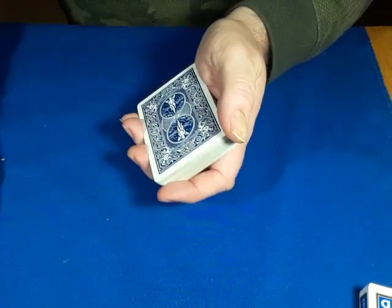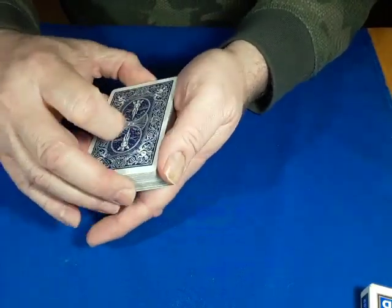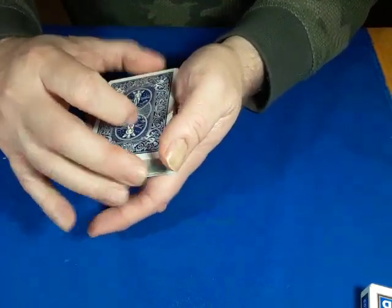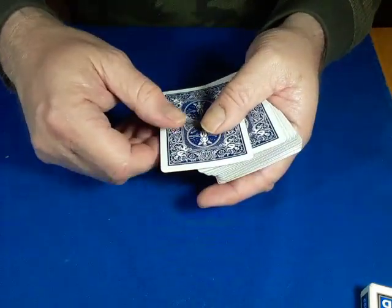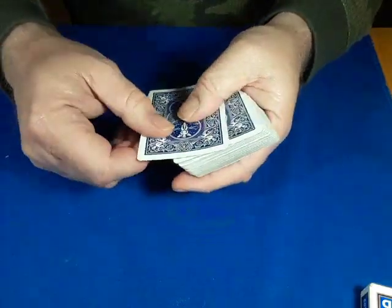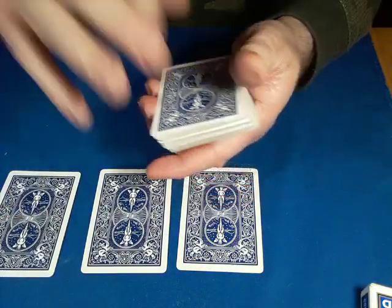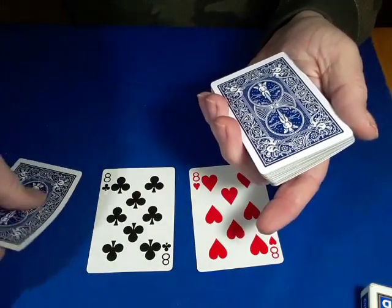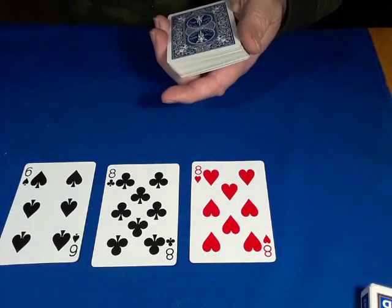So you have 3 spectators, and you're going to have them cut the cards, and they can cut the cards 0 times, 1 time, 1,000,000 times. Doesn't matter, as long as it's a common ordinary cut, nothing fancy, no triple cuts. I'm not going to bother now because you know what a cut is. We'll save some time. And then once they have done their cuts and they're satisfied, you can have them take their cards and look at them. And we will flip the cards over, and then we have these same cards that we had in the demo, the 8 of hearts, the 8 of clubs, and the 6 of